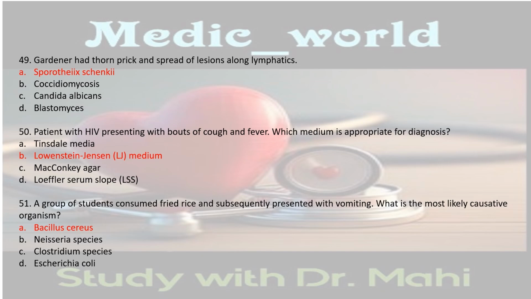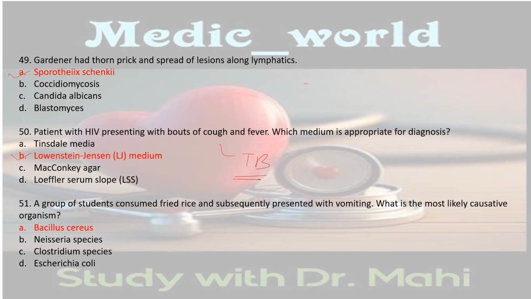Next question. Gardener had thorn prick and spread of the lesions along lymphatics. The answer is Sporothrix schenckii. Next question. Patient with HIV presenting with bouts of cough and fever, which medium is appropriate for the diagnosis? It is pointing to the diagnosis of TB, and the medium which is used for TB is the Lowenstein-Jensen medium,